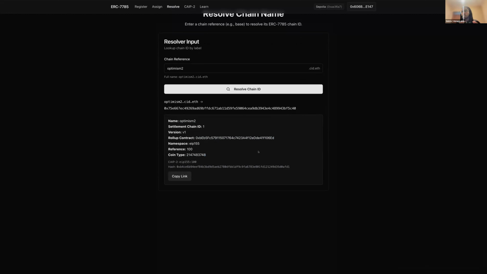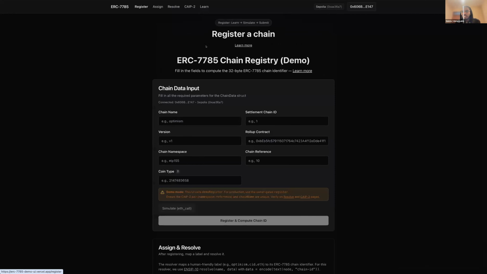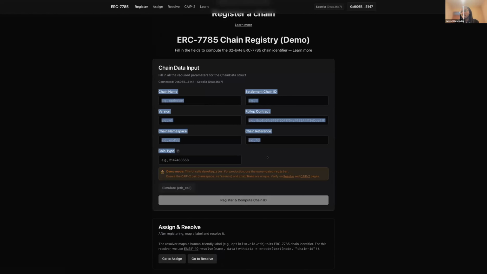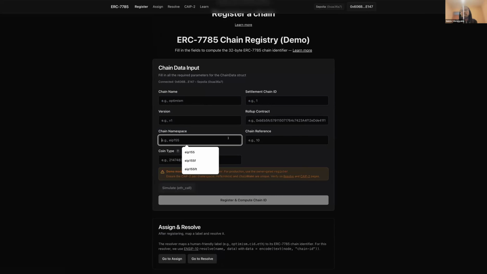So that's just an overview of how we're going to register a chain and how we will be resolving it to its 7785 chain identifier. One thing to point out is that as it stands, ERC 7785 does not use the attributes that you see here. These attributes have been modified to include mostly these type 2 attributes,